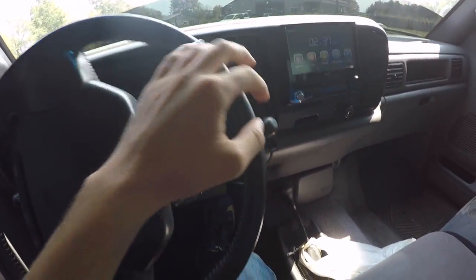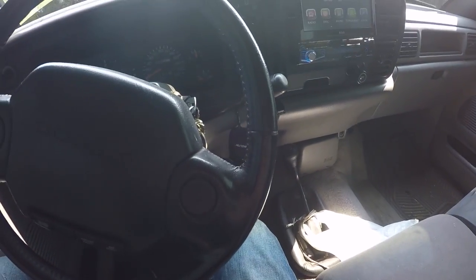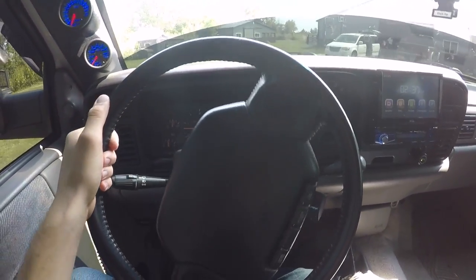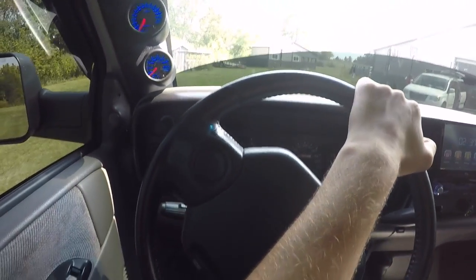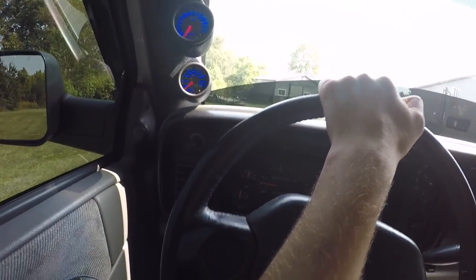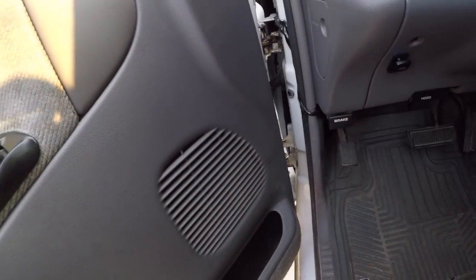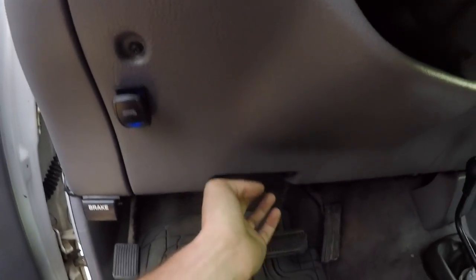If, let's say, you're rolling at this speed and I punch my throttle real quick and let off instantly, the truck would probably stall out, which is not a good thing. So we want to get that taken care of, and we want the truck to be running properly for sure. We're gonna get to popping the hood here and showing you exactly what we're gonna be working on and where